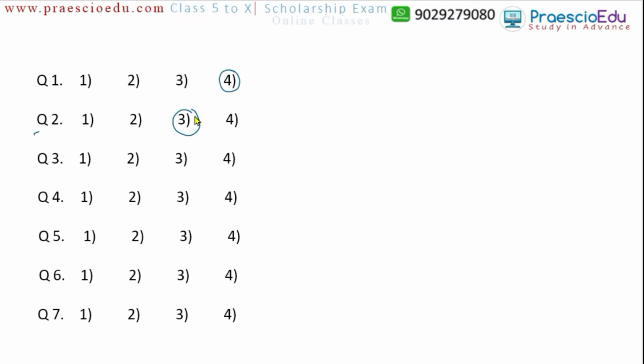Now question number 3: 36, 84, 56 and 16. If you see, at the unit place there is a 6 in all of these, and in 84 the 4 is at the unit place. So that is the different term, and that is the only similarity. Even the tens digit is odd in the others, but in 84 the tens place is an even number. So option number 2 is the different one.